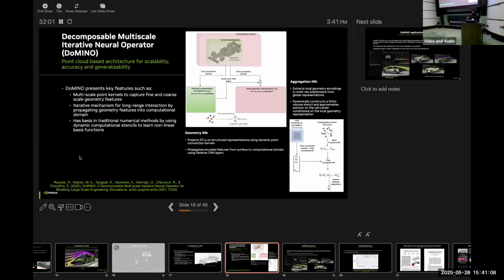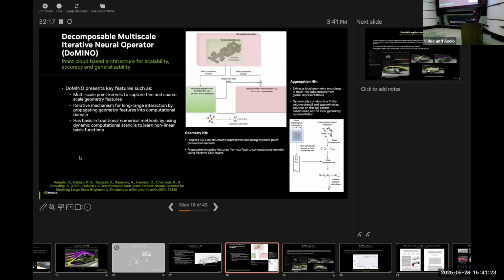On a high level, you have a geometry encoding network and you have an aggregation network. The geometry encoding network is trying to capture the geometry details given an STL file or a STEP file of the car.